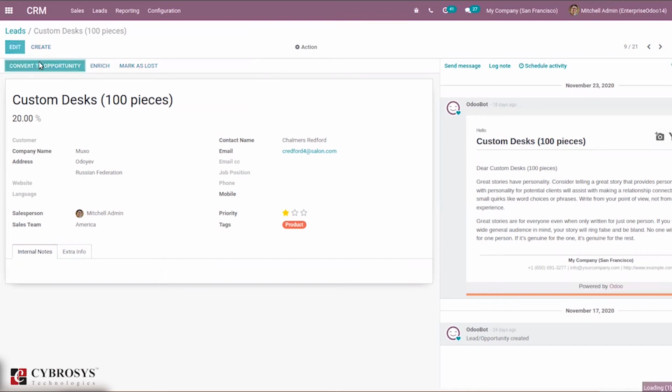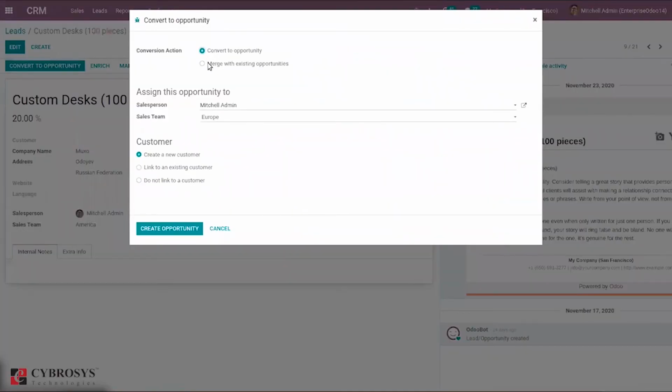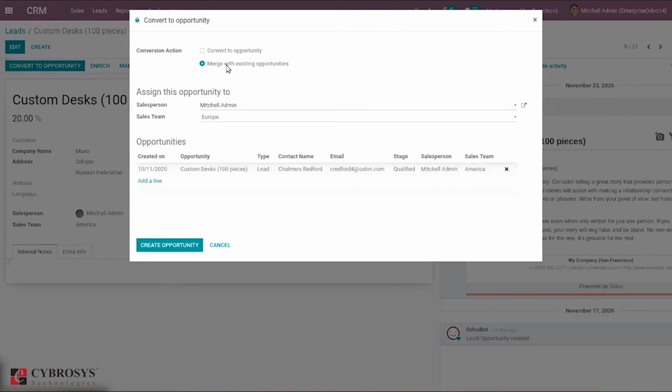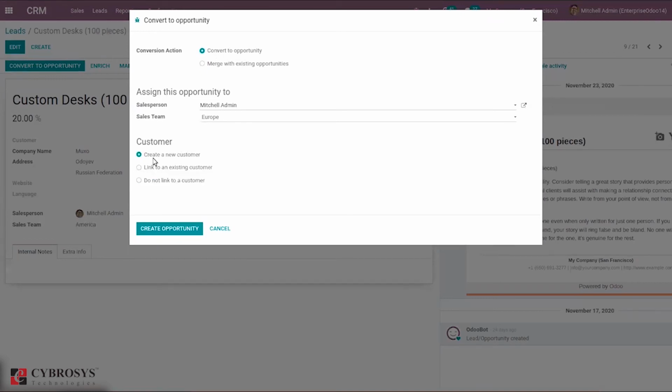If I click convert to opportunity and choose the first option, that is directly convert to opportunity without merging with existing opportunities, you can see we can assign it to a salesperson.